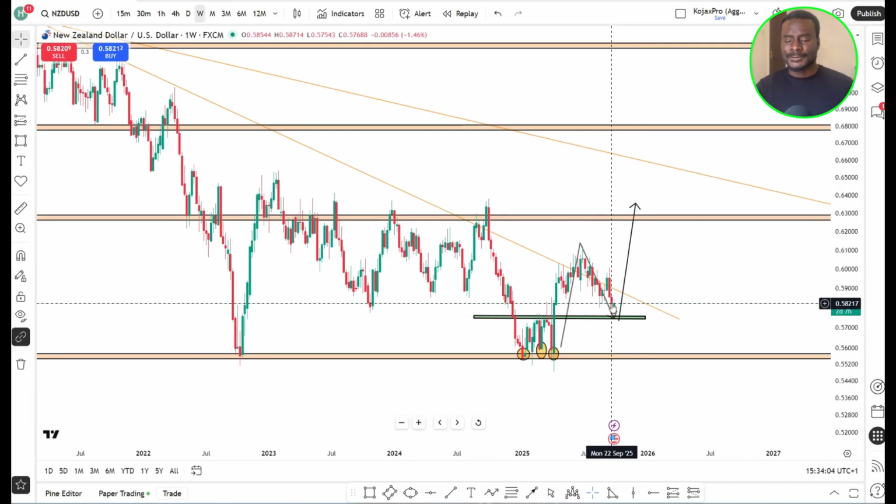There's no need trying to be assertive that we are on a bullish trend or on a bearish trend. The market is showing you that this particular currency pair, as of now, is having a lot of issues as to which direction it wants to go. It's kind of confused. So when the market is confused like this, why is it you as a trader, who is supposed to be following the market, that wants to be more assertive? That's where a lot of traders run into issues and get their accounts blown in the process. So in this kind of case, knowing that this is what the market is showing me,